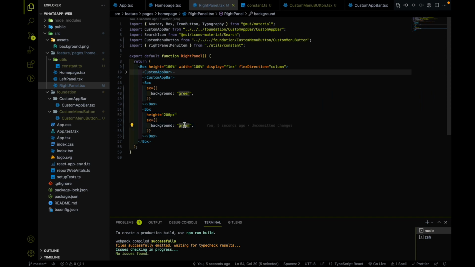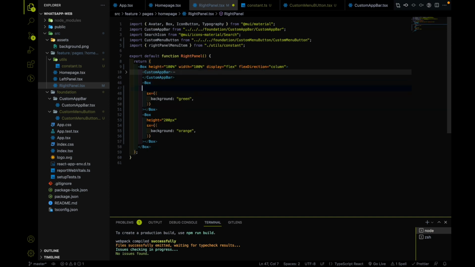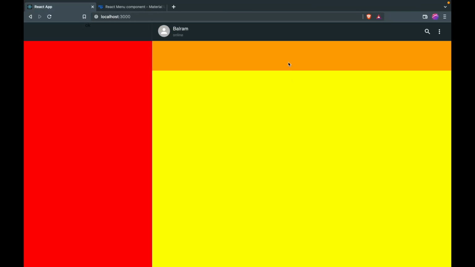So that green part came. Let me use orange. And because this box doesn't have any height, it is not yet visible. So what I will do, I wanted to give this box the remaining height. So suppose if I use this as 100, so the orange part is taking 100 pixels, and what I wanted